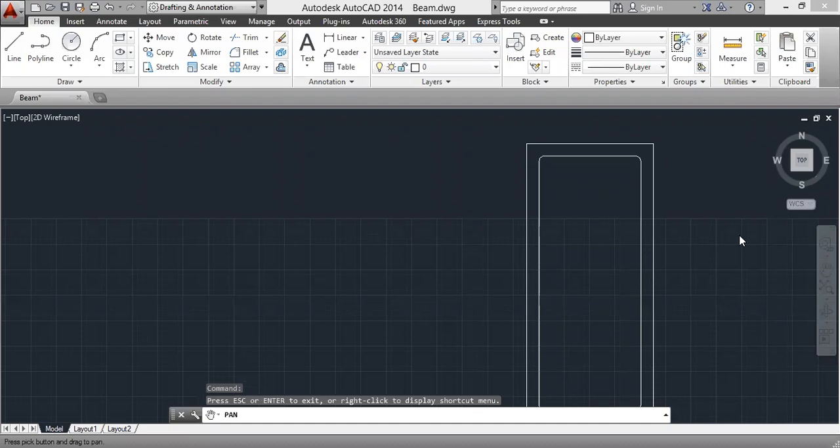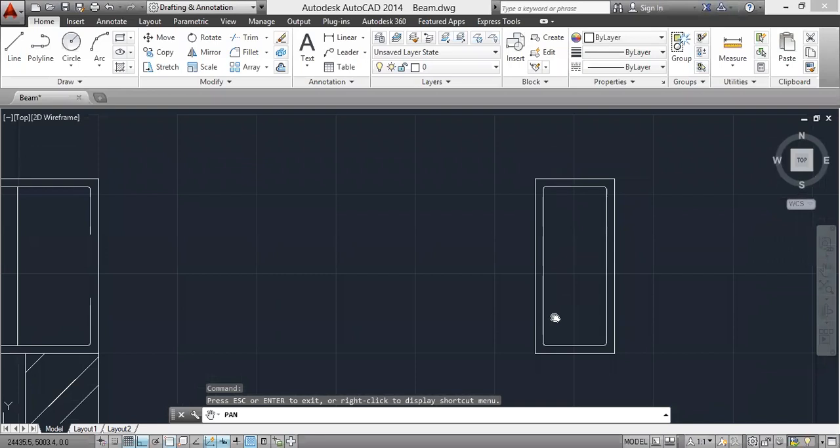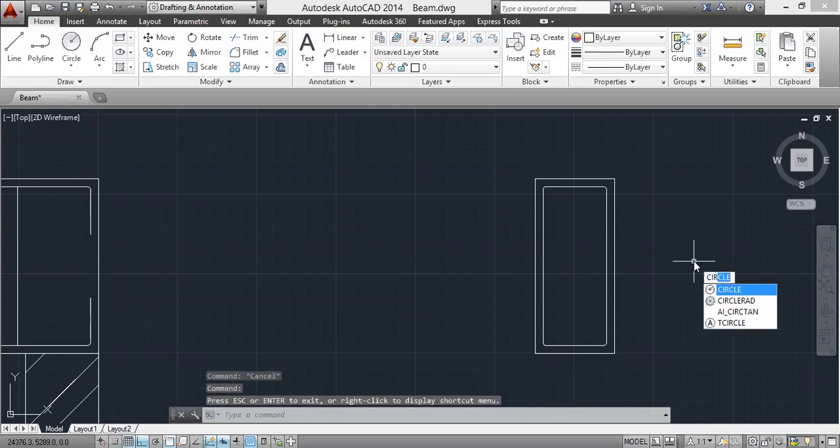Okay. Now I'll be inserting the bars. Main bars equals 5 bars. Diameter of the bar is 20 mm. Right. I'll be using the circle command. Okay.